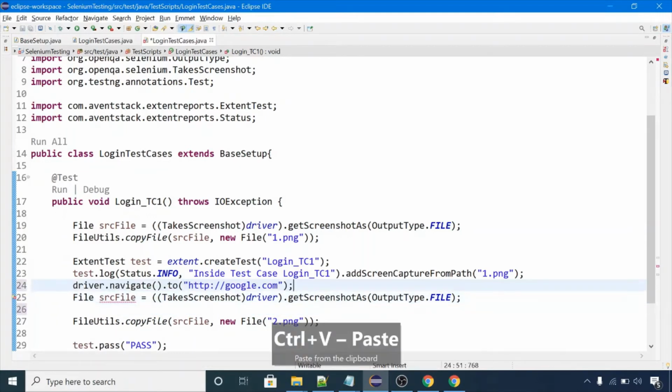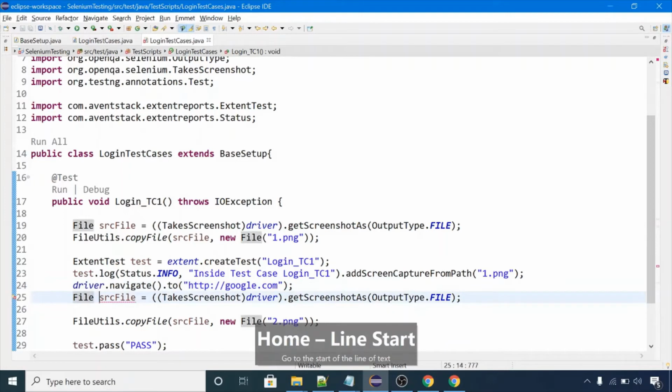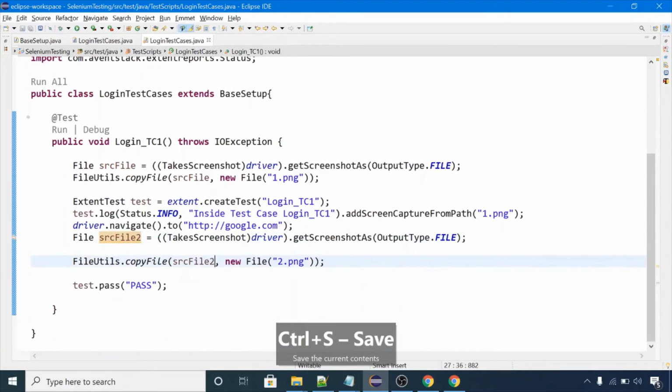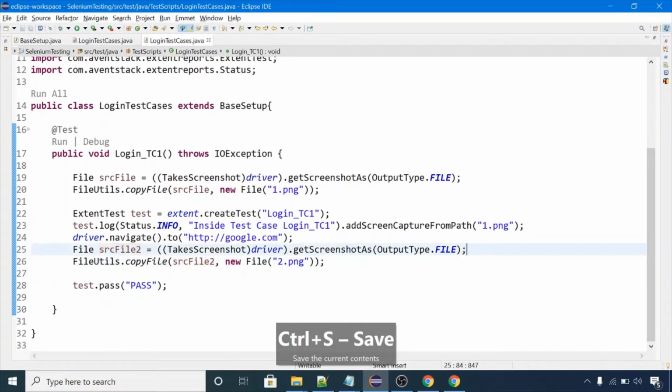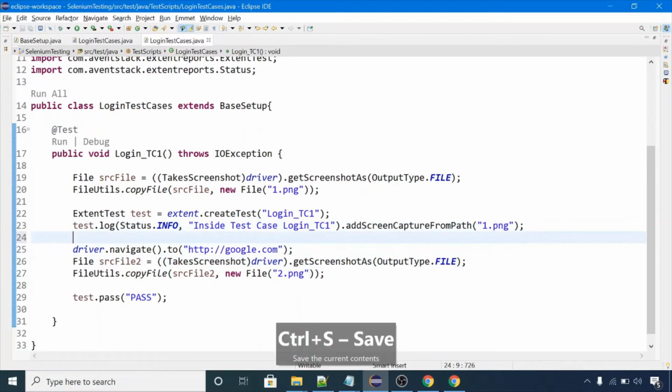We need to move up, and source file 2 and source file 2. Now we are adding a new screenshot here.